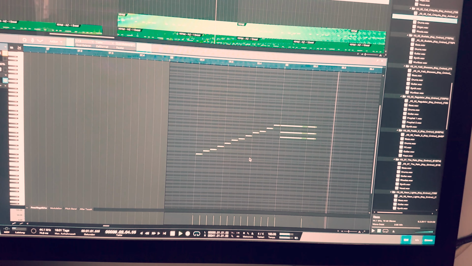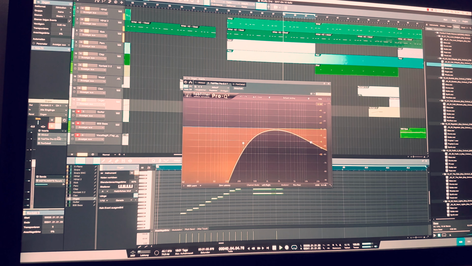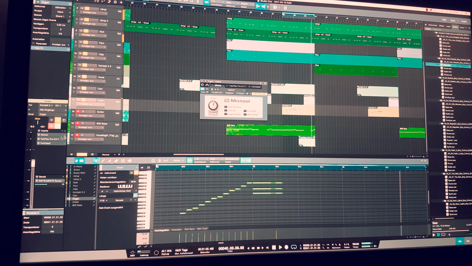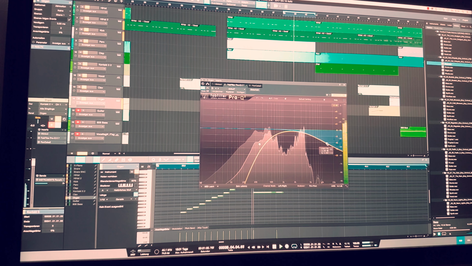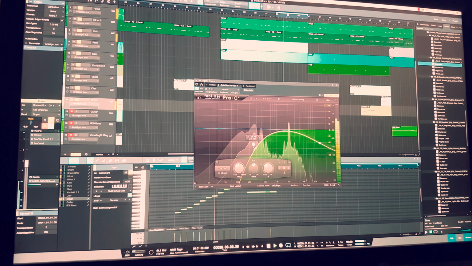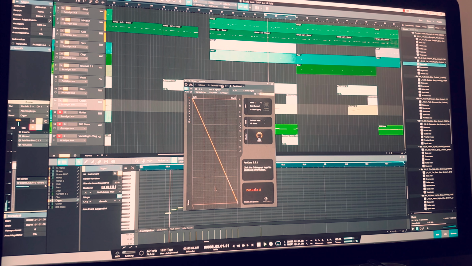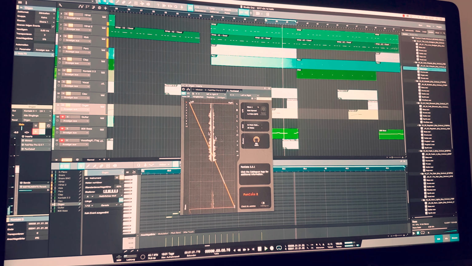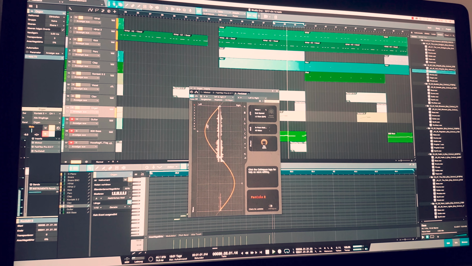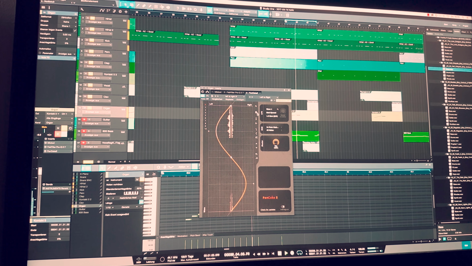So after I came up with this pattern, I decided to add a couple of effect plugins. The first one was the mix tool. Second was the equalizer, so I brought down a little bit of the highs and cut out a lot of the lows. Then I used the Pancake 2 plugin again to pan the sound from left to right. And the last thing I added was a reverb.